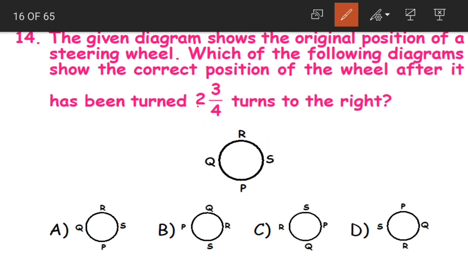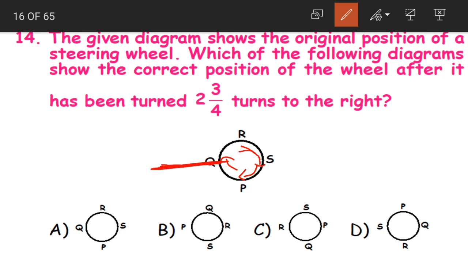But what did we do the third time? Yes, what did we do? We turned it only 3 by 4. See children, there are 1 2 3 4 parts, right? So we have turned only 3 points instead of all the 4. First from R we have gone here, that is 1 by 4. Then again another one, that would be 2 by 4. Then again another one. So this will be our 3 by 4th position.